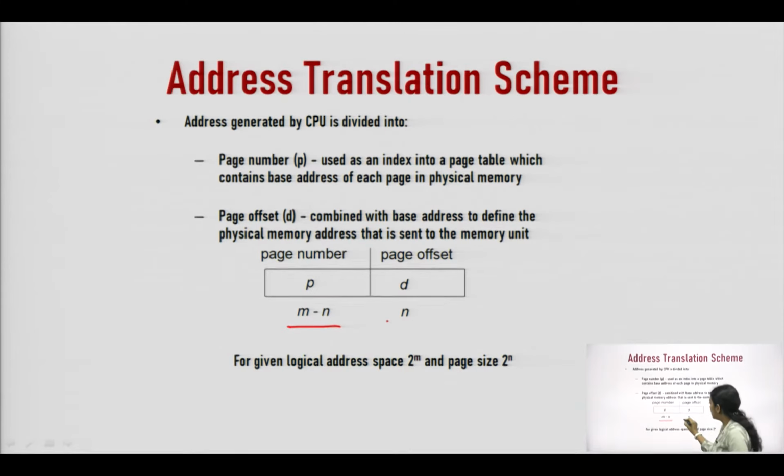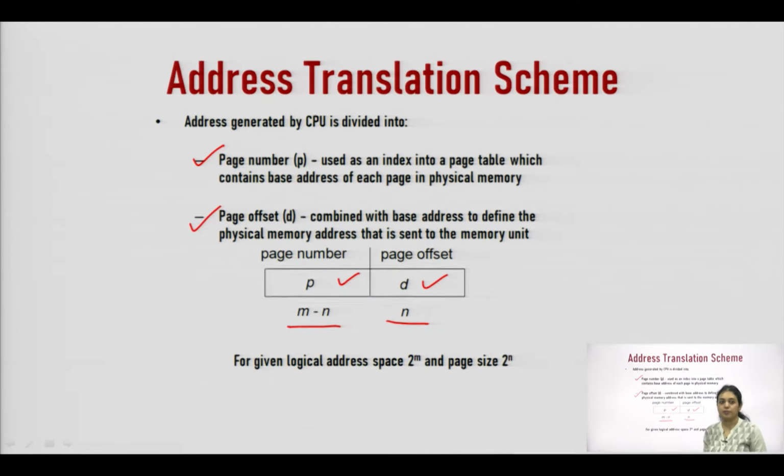You can see here we have two parts, P and D, in the logical address. The logical address is divided into two parts: one is the page number and another is the page offset. The page number is used as an index into a page table, which contains the base address of each page in